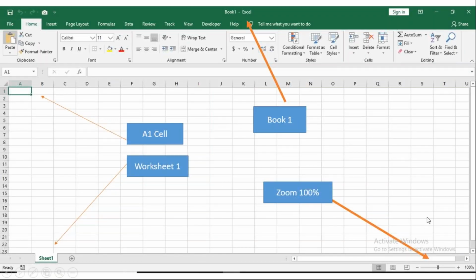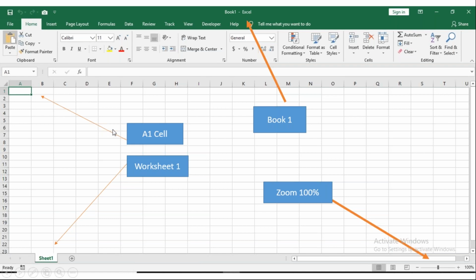When you open an Excel sheet, the first cell A1 will always be activated by default. And by default, the Excel workbook will be Book1. And zoom will be 100%. And you might get one worksheet or three worksheets depending upon the settings. But three things are sure: you always open with Book1, zoom will be 100%, and the first cell will always be A1.